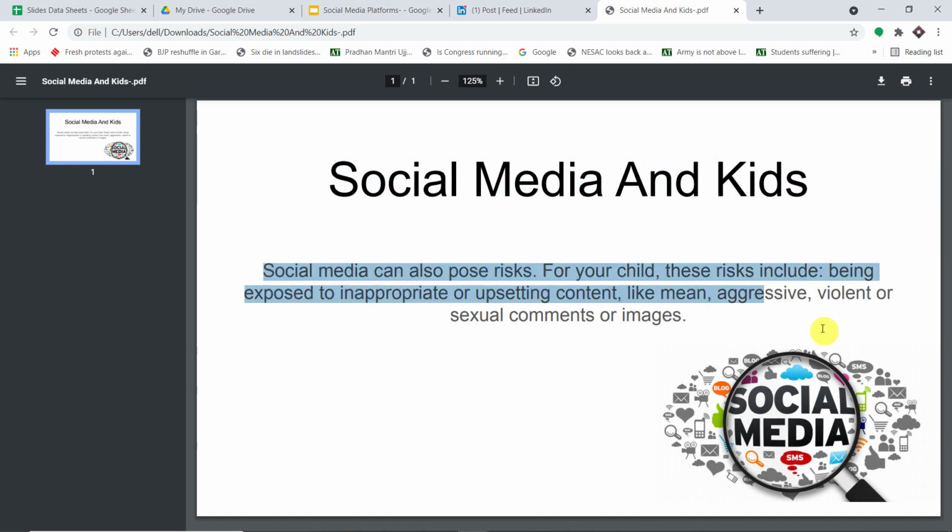As you can see, this was the title, social media and kids, and then we have the rest of the content. So you must be thinking, how did I do it? How did I manage to send the data from Google Sheets to Google Slide and LinkedIn? So basically here we are using an integration and automation software called Pabbly Connect that has integrated Google Sheets, Google Slide, Google Drive and LinkedIn. Now before I show you the steps of integrating these platforms, let me just show you a small perspective how this integration will be performed.